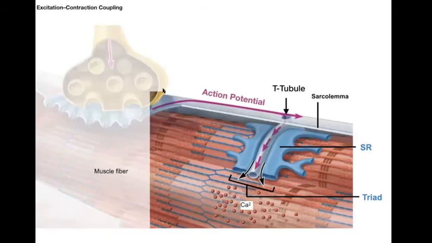So now we know about the electric signal. This is why the action potential is traveling down. You had all those voltage gated channels traveling down the membrane, down the sarcolemma. And then because the T tubules are an extension of the sarcolemma, we're going to travel down these T tubules. The T tubules, again, are associated with the sarcoplasmic reticulum and those triads right here. And then we'll see how exactly this causes the calcium release.